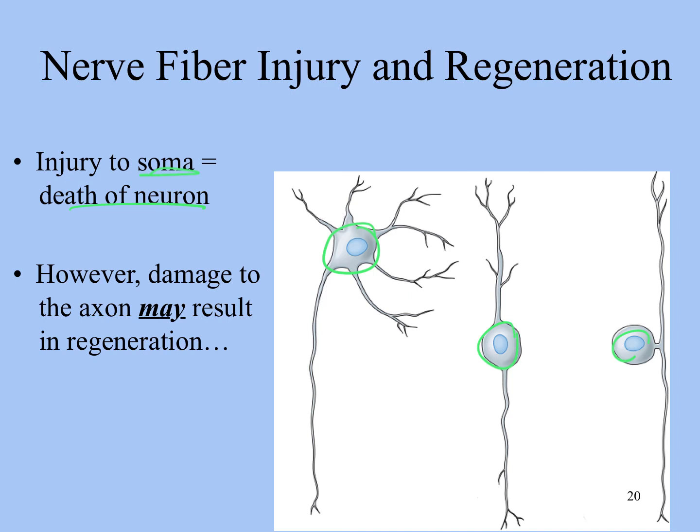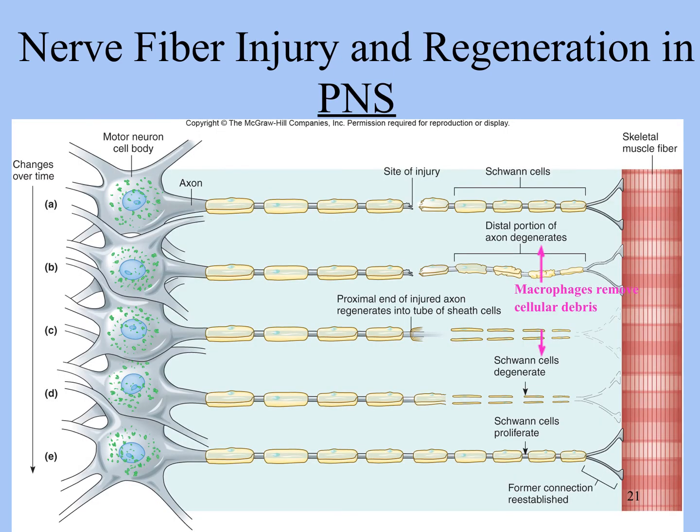Because remember also that neurons don't divide, so there's not going to be another neuron nearby that says, hey, that's missing, I'll divide and take its place. However, if you have damage to the axon, that may result in regeneration. Okay, so here's an example of how that regeneration might occur. So here's your site of injury right here, and notice that this axon is surrounded by Schwann cells,